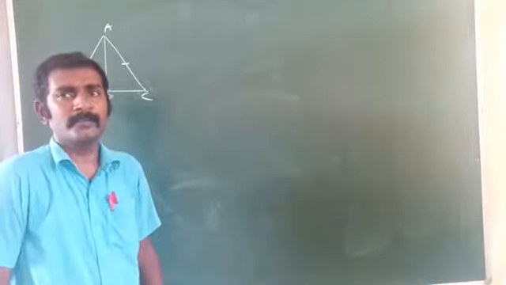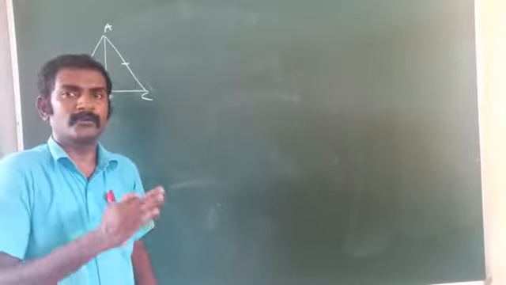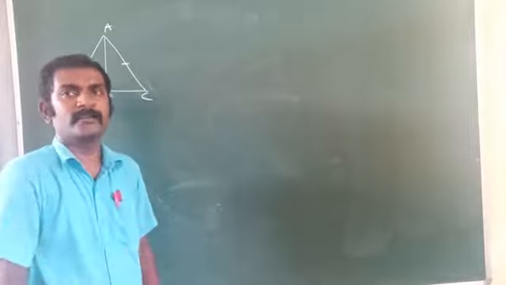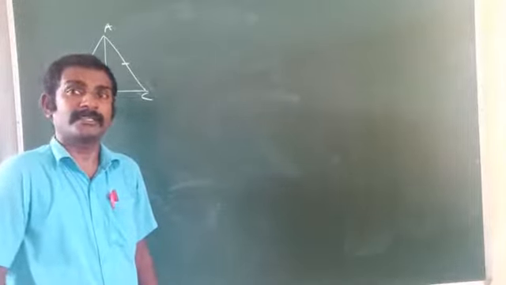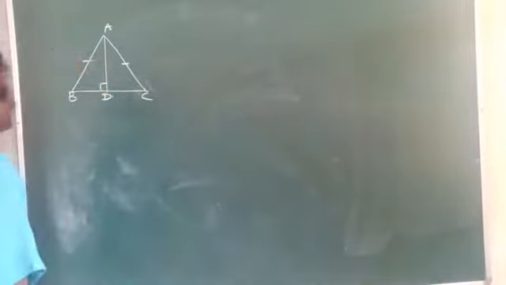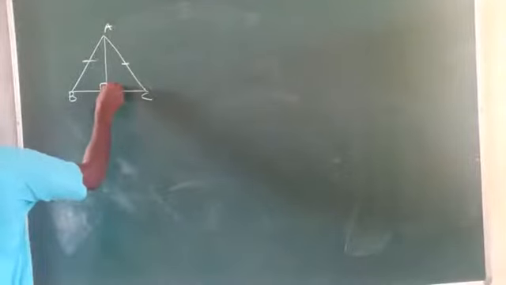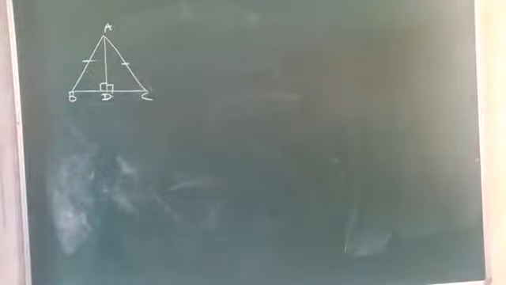Yes, it is an acute angle triangle. In an acute angle triangle only, the altitude always lies interior. If it is an obtuse angle triangle, then the altitude lies exterior to the triangle. Are you getting here? Yes. Now, since it is an altitude, therefore angle ADB is 90 and angle ADC is also 90 degrees.